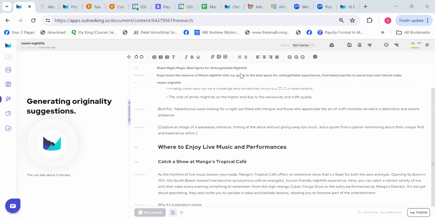Okay, so, does Outranking generate titles ready to rank? Yes. What Outranking does is generate titles which are intent driven. First thing. Secondly, it will tell you the keywords that you can try and target. So obviously, it will try and help you generate an optimized title, which will help you to rank. So it is not generating titles just like that. It is giving you a bunch of titles so that you can decide which one matches your use case and how many keywords you are targeting with the title. And that is also very important.